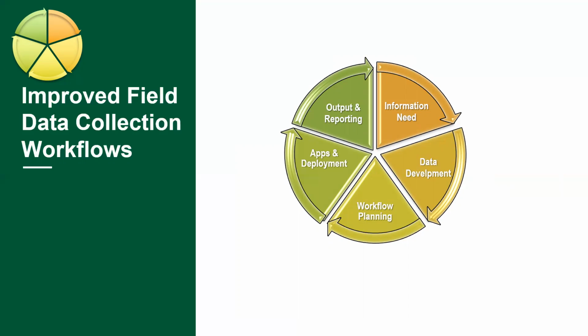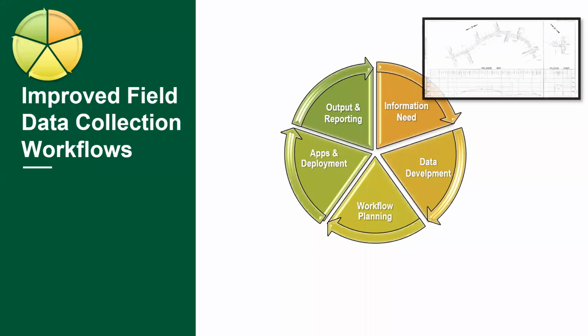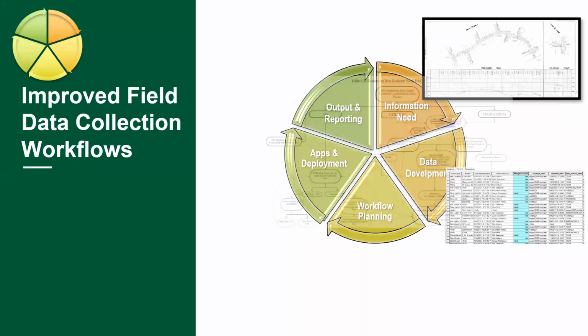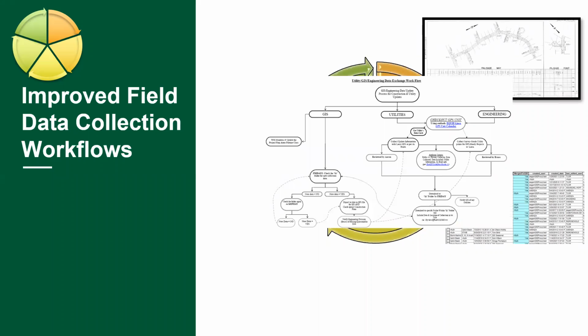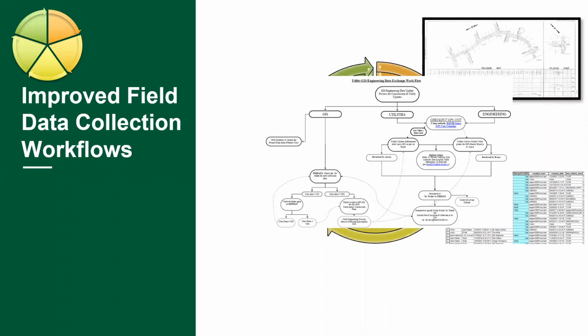So we have used multiple tools to improve our GPS data collection workflows. So following this cycle, our need is to ensure that we are accounting for any new or replaced infrastructure entering the system. We've used our GIS to make sure all the attributes are available, including benchmark statuses, and that helps us to track where we are in the given workflow during the collection process.